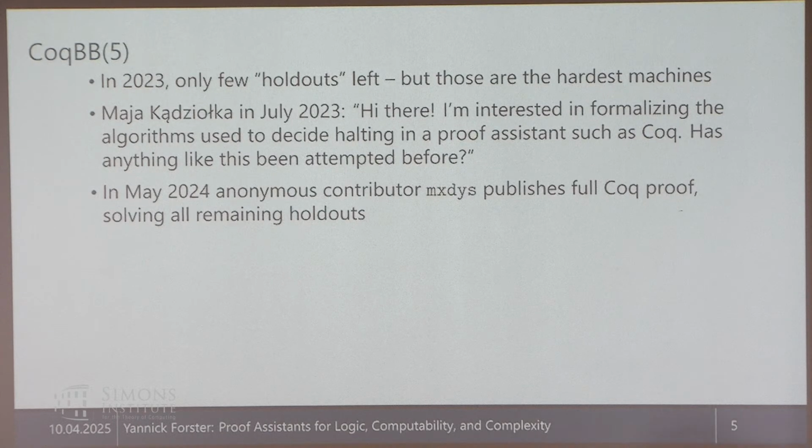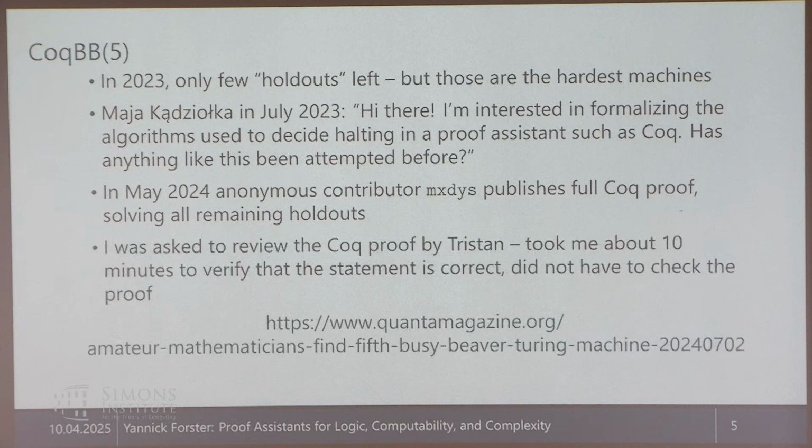Nobody knows who this person is. The person wants to stay anonymous. I think if you pop up and give 20,000 lines of Python code saying, I don't want to say who I am, but I solved an open problem in mathematics, people might not believe that you're serious. But here, this person contributed in the proof assistant.